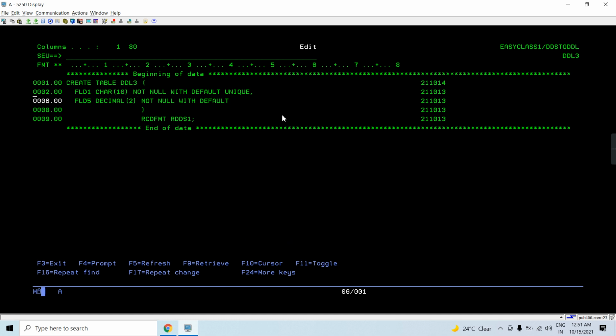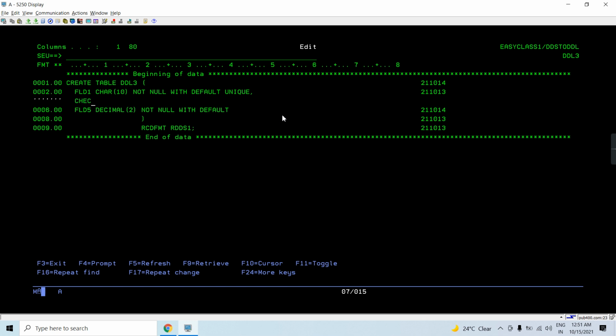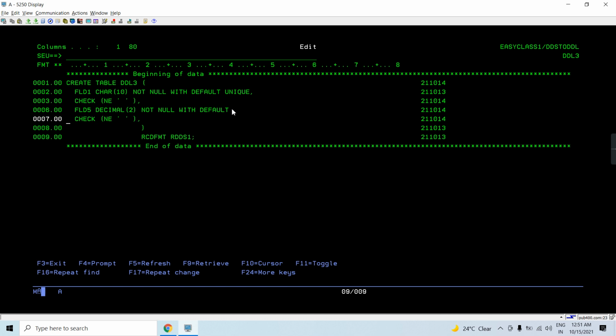We also have a check constraint, so we can apply a check constraint for that. Check not equal to blank, and for this one too we need a check constraint, because here we need greater than equal to 2. And for the record format, let's say RDDL3, I can keep it for now.